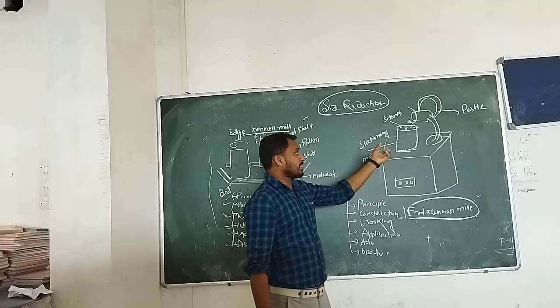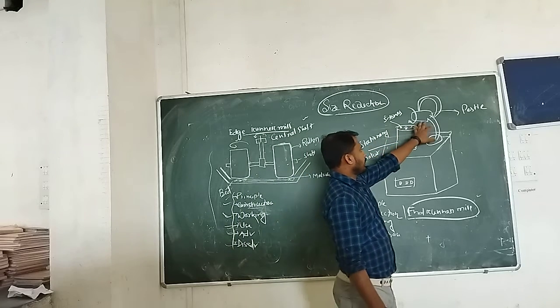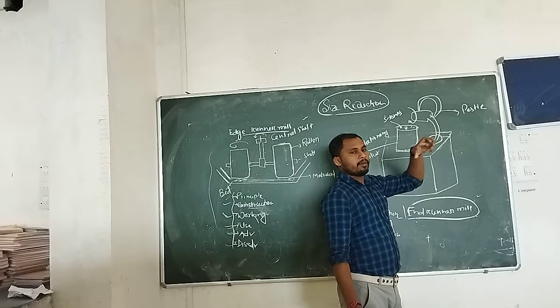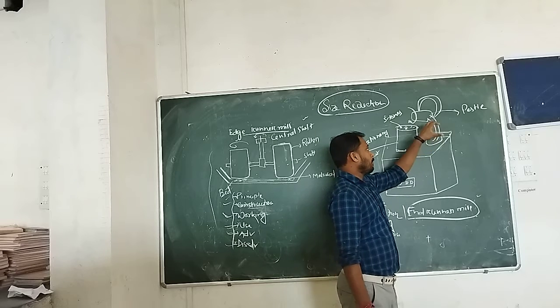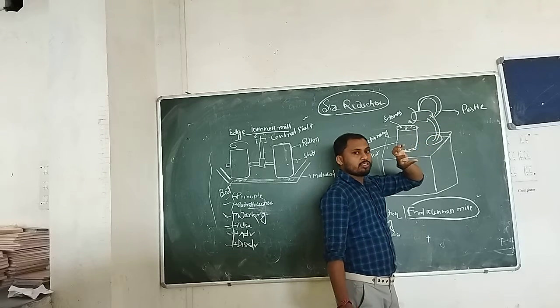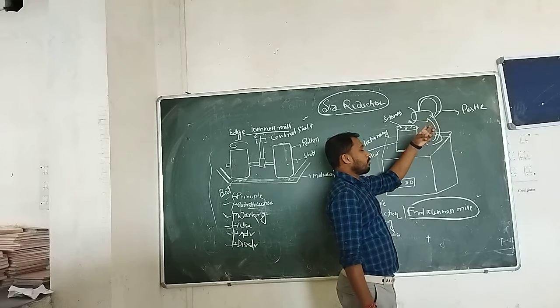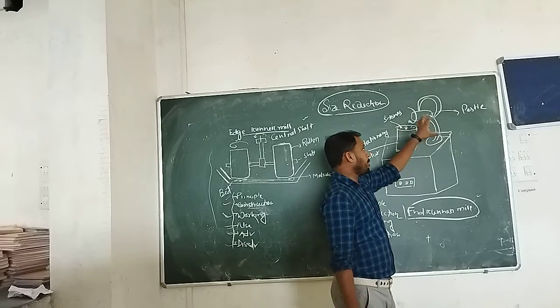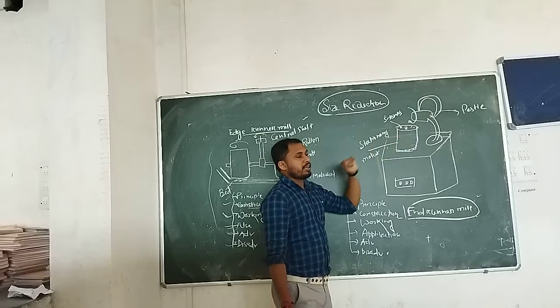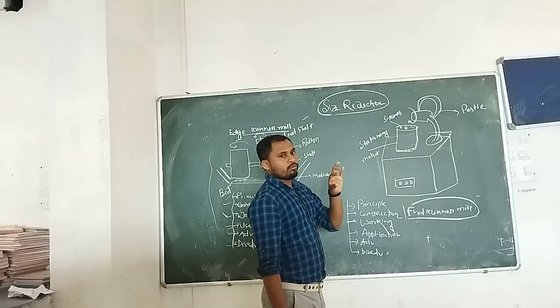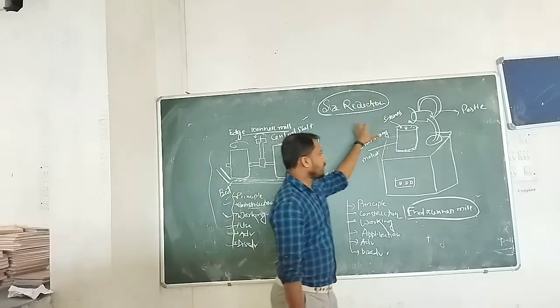How does it create attrition? The vessel is attached to the motor, and this motor helps to rotate the vessel on its own axis. As the vessel rotates on its own axis, it also creates attrition force on the grinding material. So by these two working principles, this machine basically works.